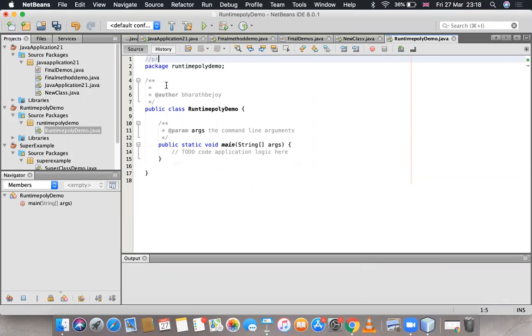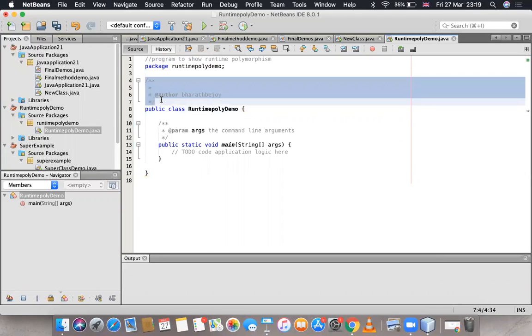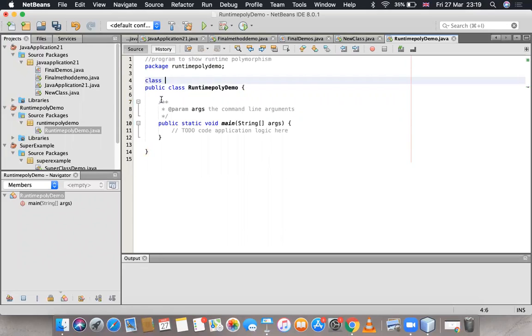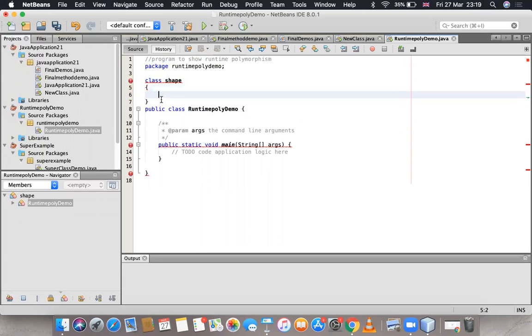Program to show runtime polymorphism. Let me create one class over here, class Shape, with a capital S. In this class Shape I'm writing one method, public void draw.